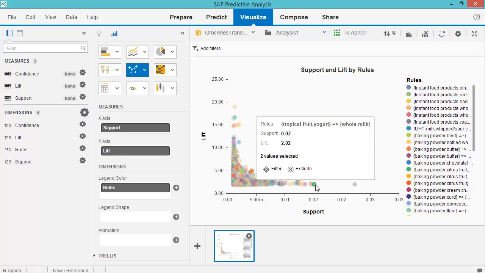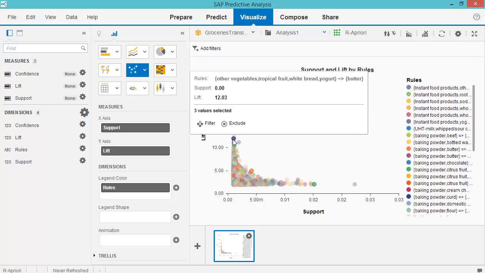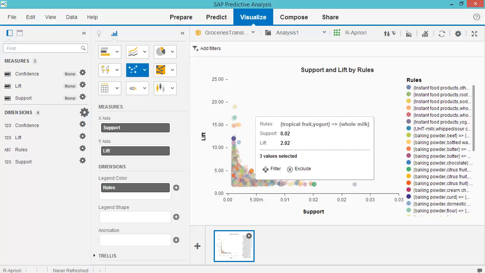So that's the one kind of rule. And then again, there is a rule where you have relatively more lift, but not that much support. I would like to stress here that for instance, for this rule, tropical fruit, yogurt to go with whole milk, it's not that the lift is that low. The lift here with this high support rule is 2.02 itself, but it's in relative terms. If you have relatively much support for your data set, you're not achieving the lift, and if you have relatively high lift, you're not achieving the support.